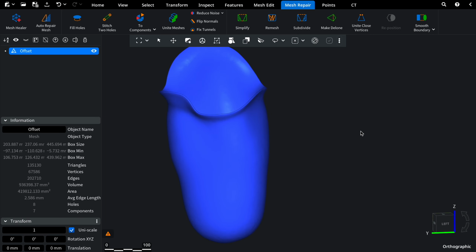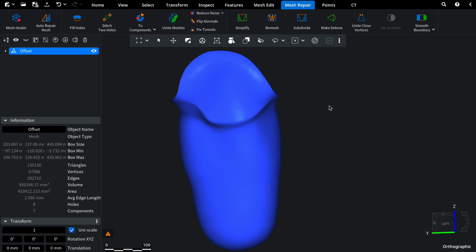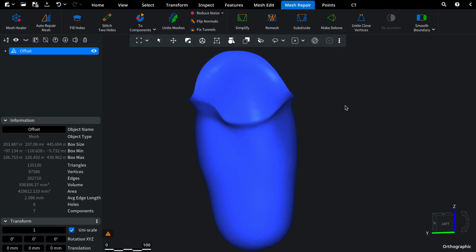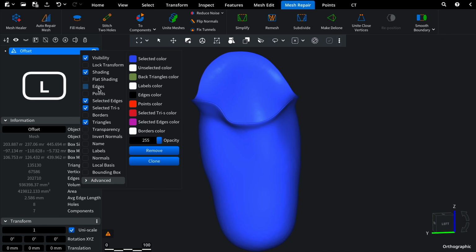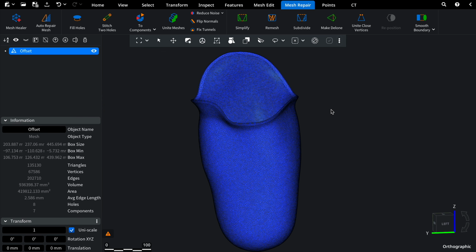First, let's make sure your mesh has enough triangles for deformation. If it is too low poly, you will need to add more. To visually check the density of triangles, right-click the object in the scene tree and enable edges, or press the shortcut key L. In our case, the density is sufficient for mesh deformation, but if your mesh is too low